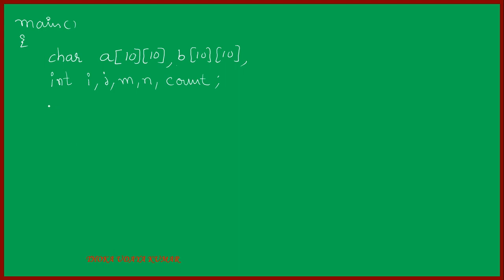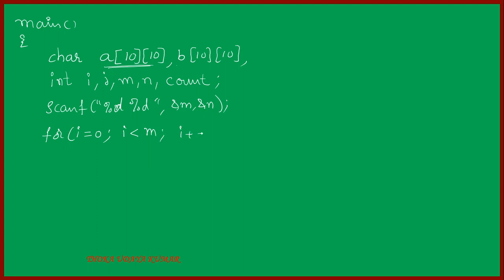Okay, right. First step is to input m and n. Scanf %d, %d, ampersand m, comma, ampersand n. Now you have m and n values in your hand. So next thing is you have to input first array A. So for i is equal to 0, i less than m, i plus plus,